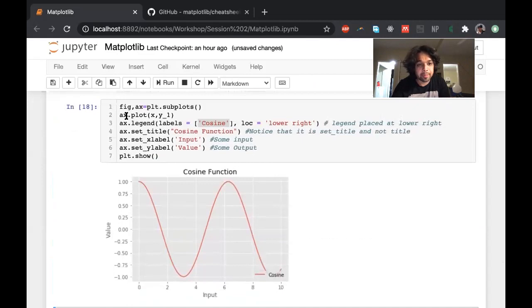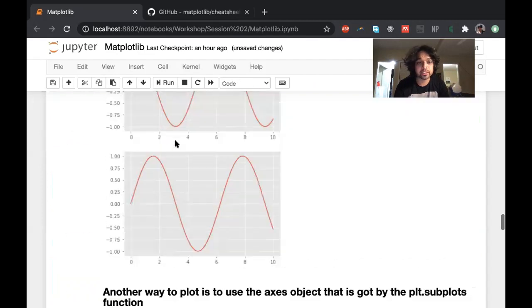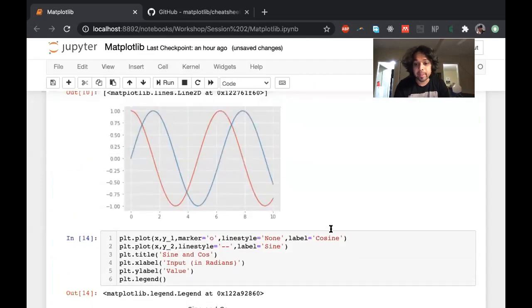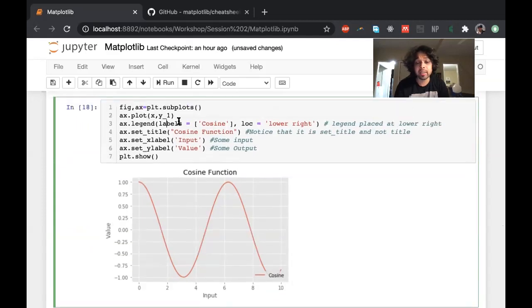So I plot this, then I create a legend. Notice that it's slightly different. I think I could have put label over here, but I specified labels over here so that you can get a different sense of what's happening. So instead of having separate labels for each of these plots, you can also put the labels over here. These are really specific things, but the reason I made it different over here is just so that you get a sense of the fact that it can be different and you don't get overwhelmed when you see something like this.